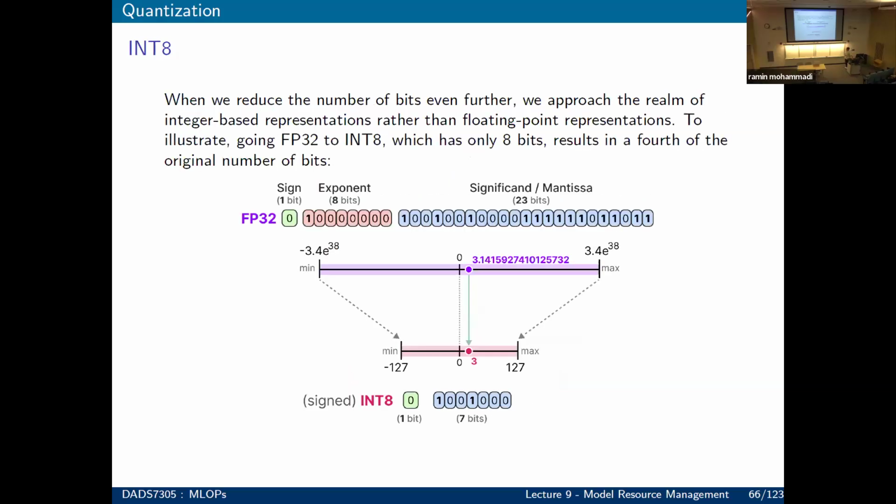Then if you go to int8 on the other end, you can see that there is no exponent component. So in integer 8, you don't have exponent bits, you only have your sign bit and the mantissa bits. That tells you how much information you will lose if you go from a float like that to integer. Now,